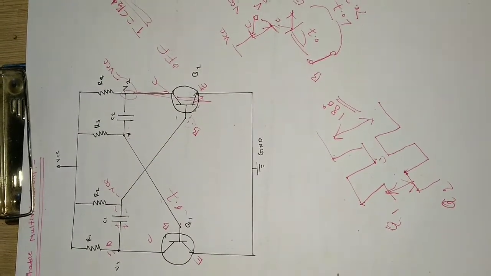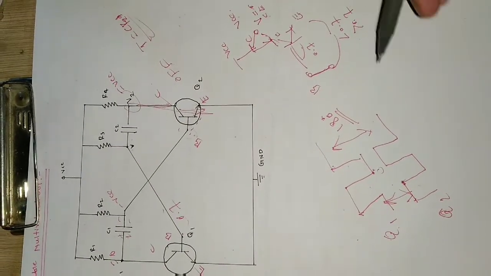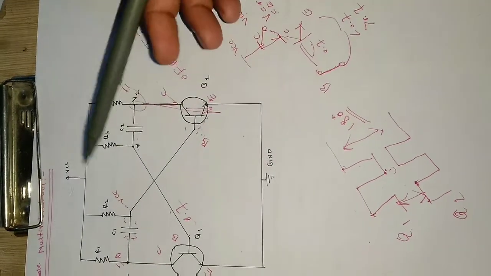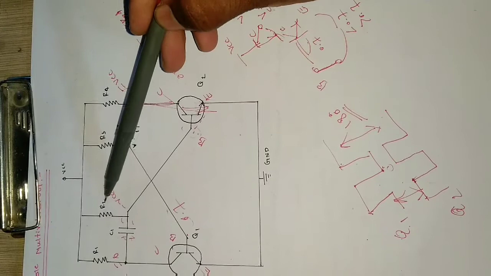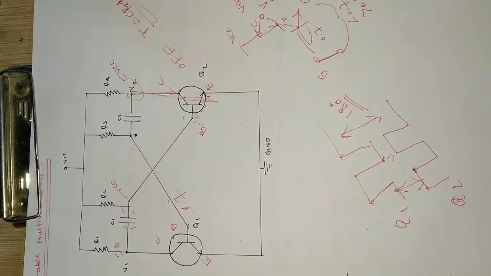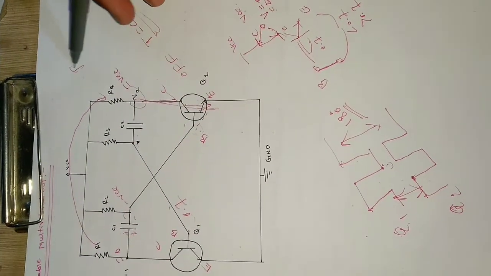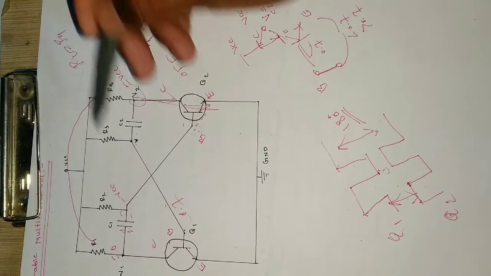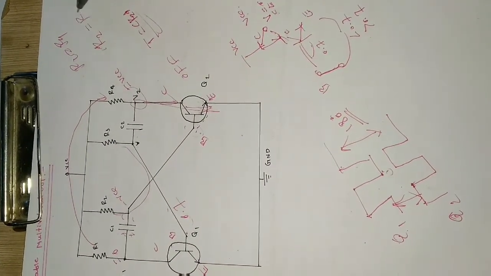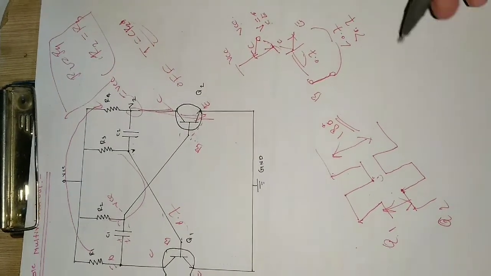One more thing I want to tell you is that we can't get a perfect square wave by default. In order to get a perfect square wave, we need to take this resistance lower than this one. So if it is 1k, then it has to be 1 mega. And the collector resistances should be equal, that is, R1 should be equal to R4 and R2 should be equal to R3. So this is the criteria used to get perfect square waves.